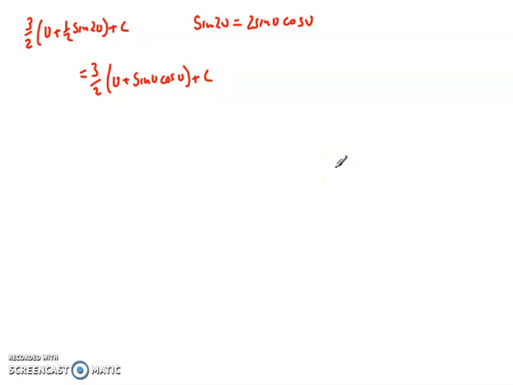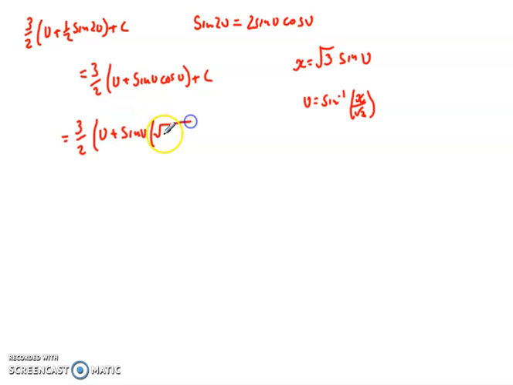Now if we think back to our original substitution, what we chose was that x equals root 3 sine u. What I can do is rewrite this as u equals sine minus 1 of x over root 3. Now, I have an expression there involving sine. What I don't have, though, is something involving cos. What I have to do is rewrite this cos in terms of sine using the previous identities we had. And I'd have it written as 3 over 2 bracket u plus sine u times the square root of 1 minus sine squared u